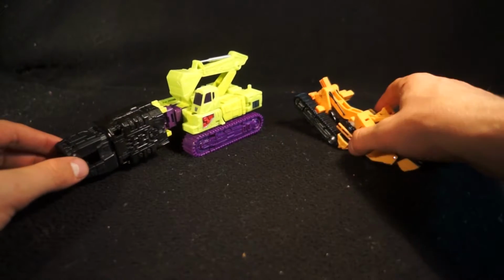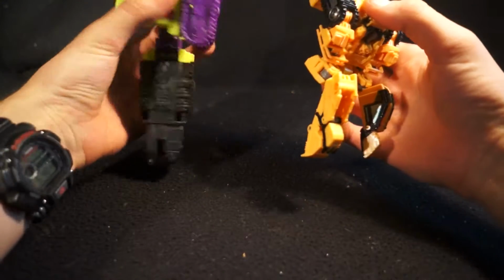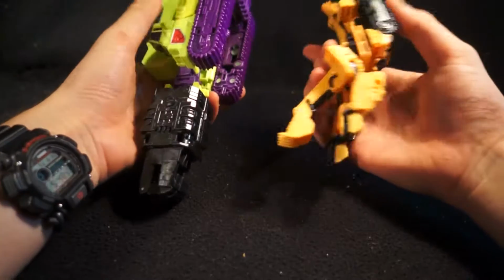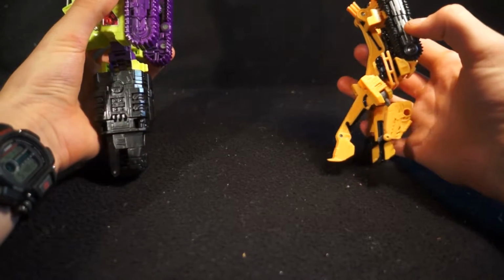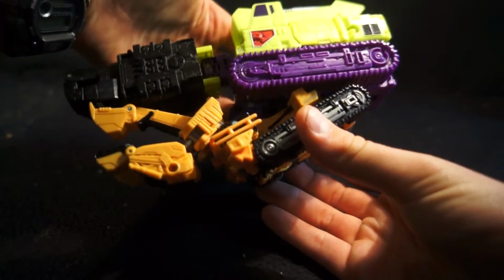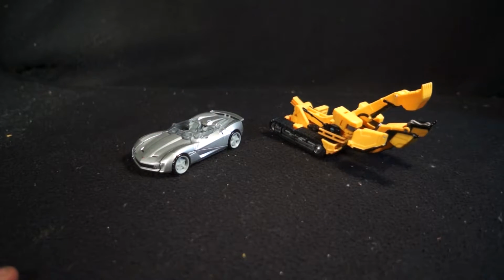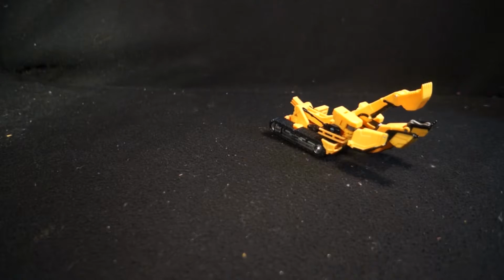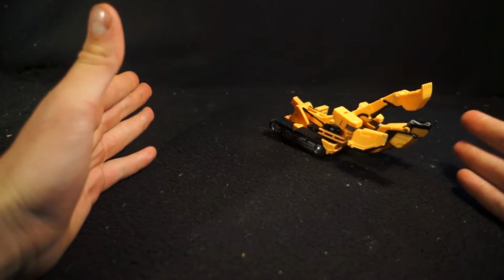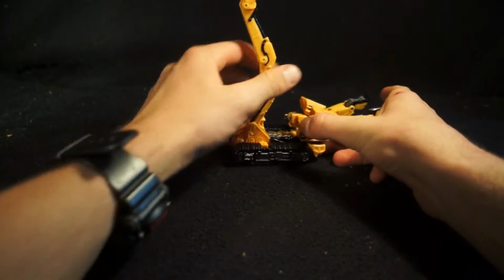Here he is with Combiner Wars Devastator's arm. Get a sense of scale between the two there. They're different sides of the arm. There we go. Like that. And just a quick little comparison there. There's Sideswipe. But anyway, now to go to robot mode, we're going to go back to excavator mode, which just